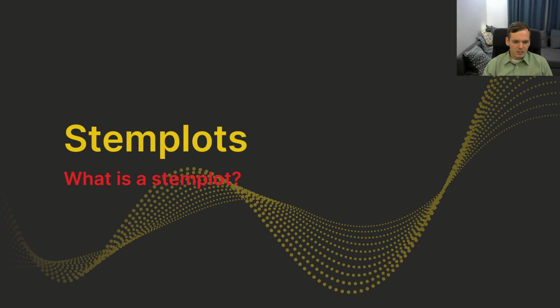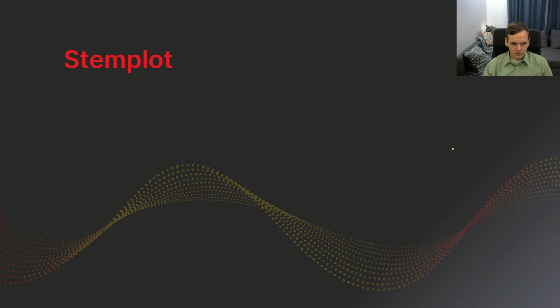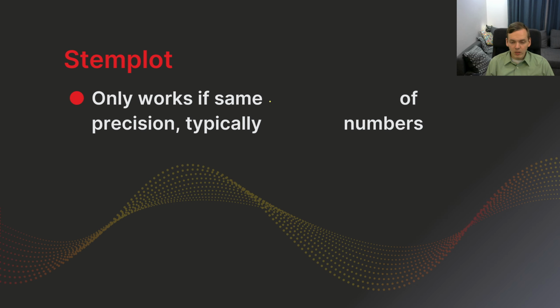We'll talk real briefly here about a stem plot, and this is just one of the ways to show quantitative data. A stem plot only works if we're going to the same value or digit of precision, and typically we do it for whole numbers. So usually stem plots are going to be for counting something, like an age, or how many people. Actually, age is probably the most common, or like heights rounded to whole